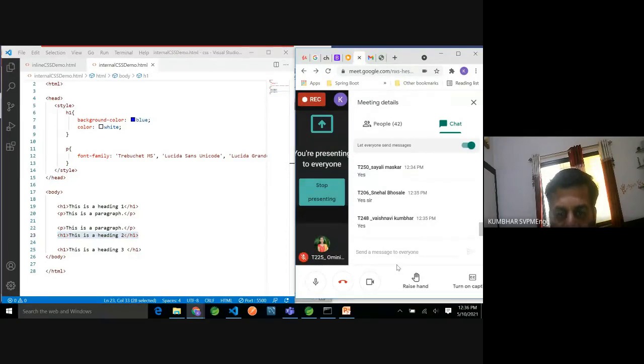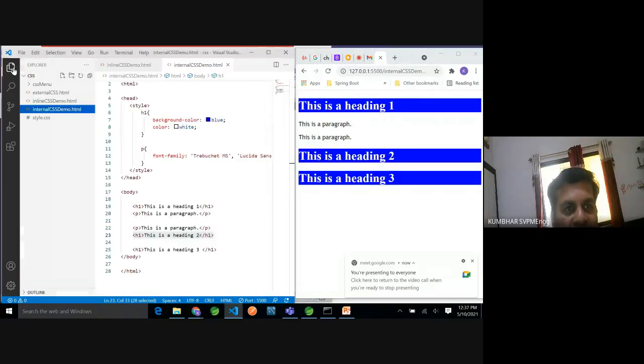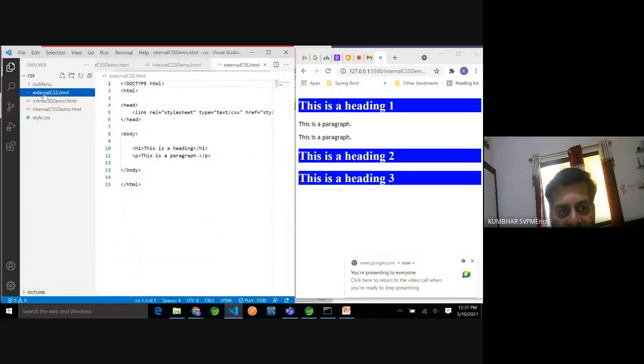If on all pages I want to give the same header style, then I have to search for a solution such that I can define that style in one place, but apply it on multiple HTML pages. So we went from line level to page level, now from page level to website level, or multiple page level, we can say. So would you like to go for that third option? Yes? Yes, sir. Great. So that is the third way, that is external CSS.